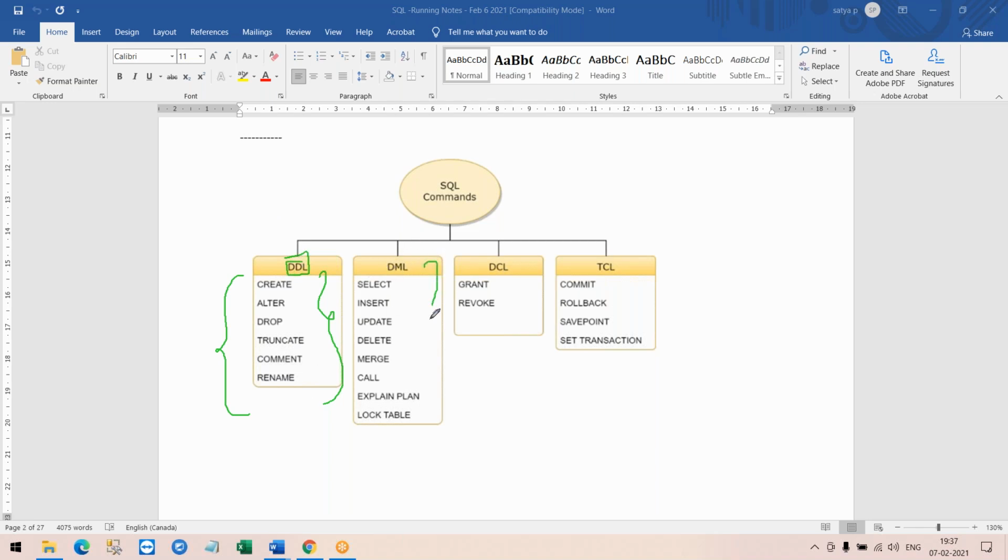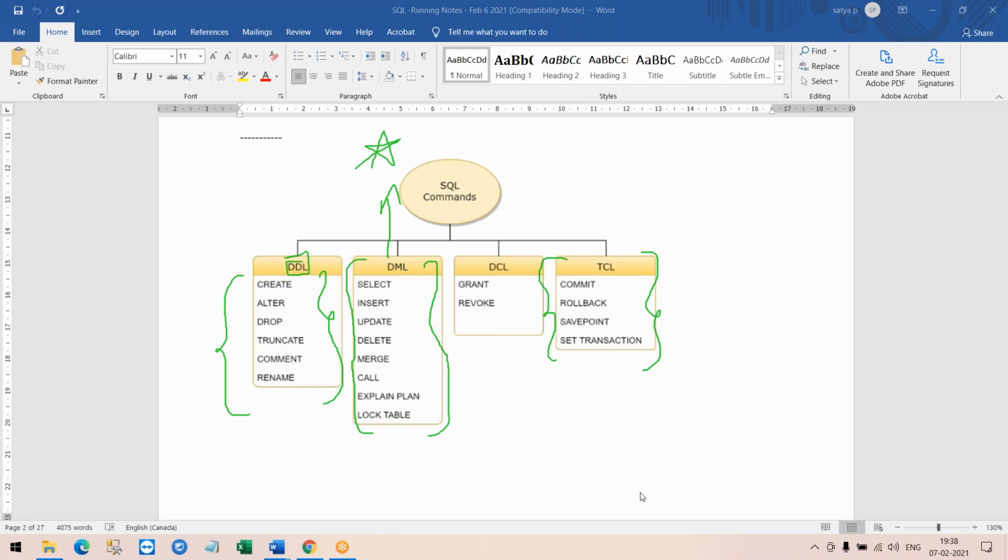Then comes your data manipulation language commands, wherein you wanted to fetch some data, insert data, update data, and so on. Then there are transaction control language commands which help me to make sure our transaction goes well. Few transactions maybe you wanted to revoke, few transactions you wanted to commit. So these transaction control language commands are some of the things which we will be studying. So in the real time, out of all of these commands, DML commands are widely popular and used more. More often, we would be using data manipulation language commands.